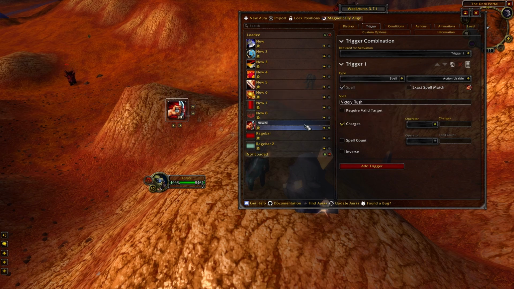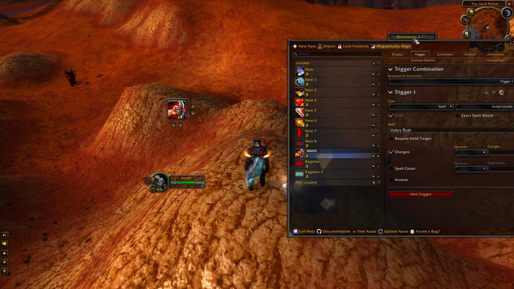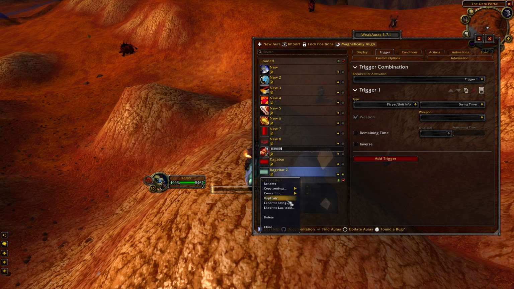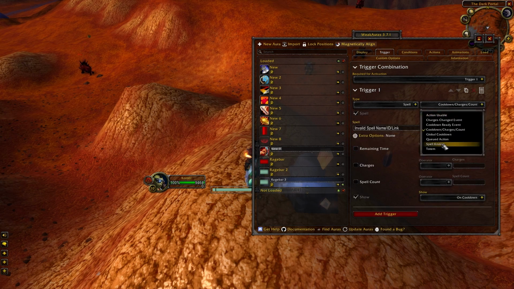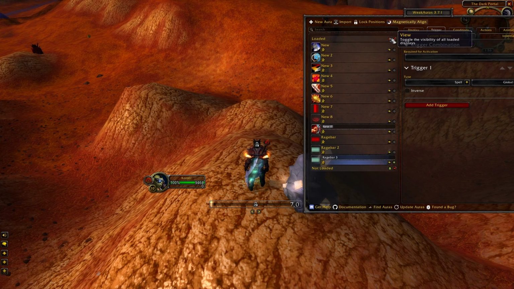And then there's the other thing that is really important, and that is a display for your global cooldown, because here obviously if you don't have any action bars, you do not really see your global cooldown, right? So what I suggest you do is you copy maybe your swing timer, so you duplicate it, and then you go to spell, and then you take global cooldown, and now you have a Weakaura for your global cooldown. You can put it anywhere you want. I suggest to put it like, let's see, all the Weakauras,